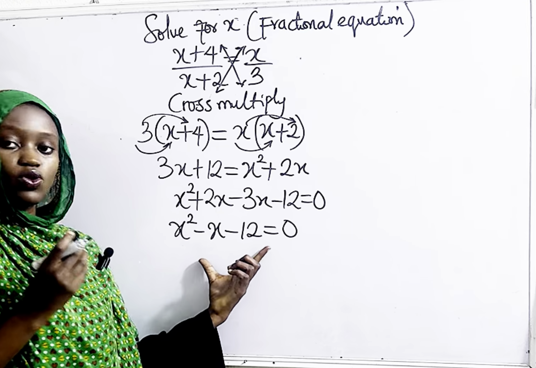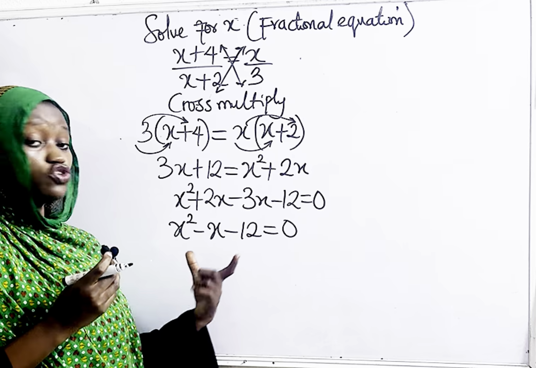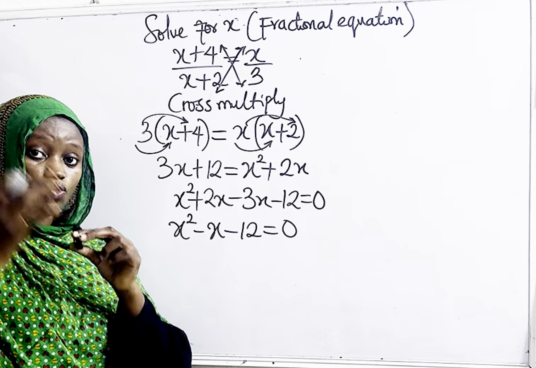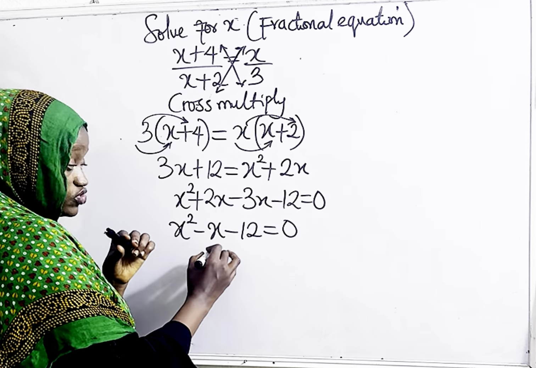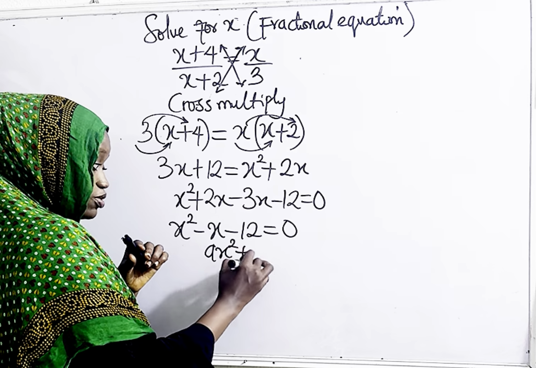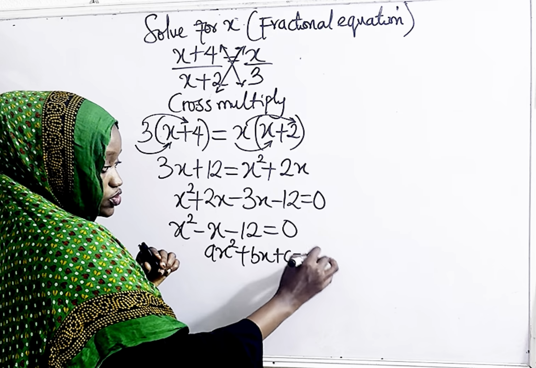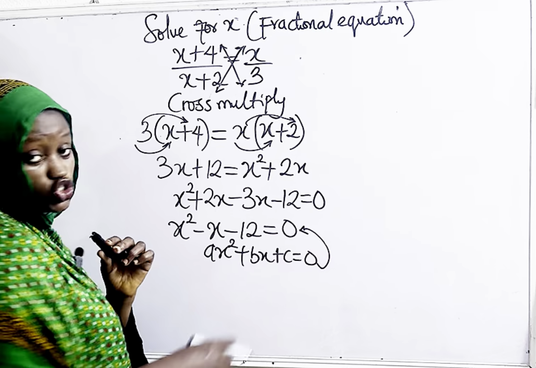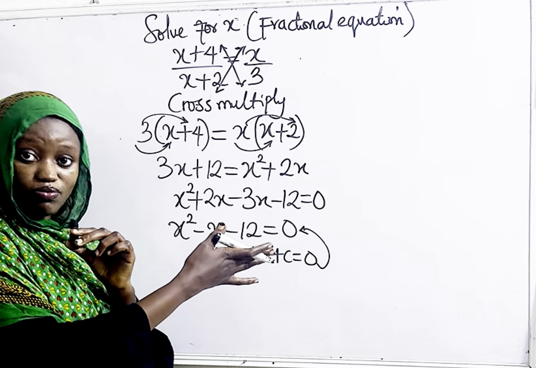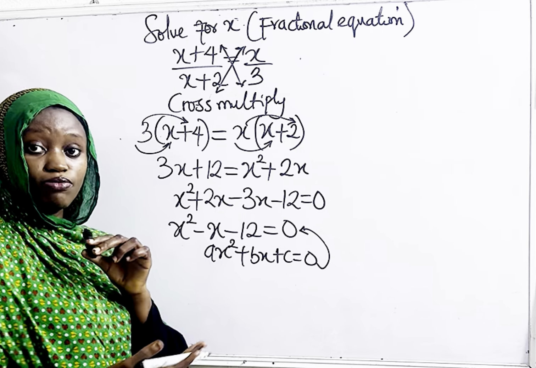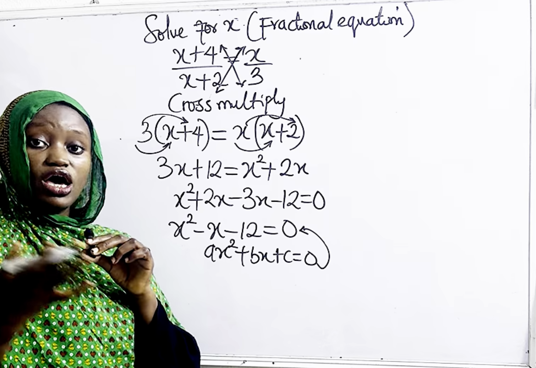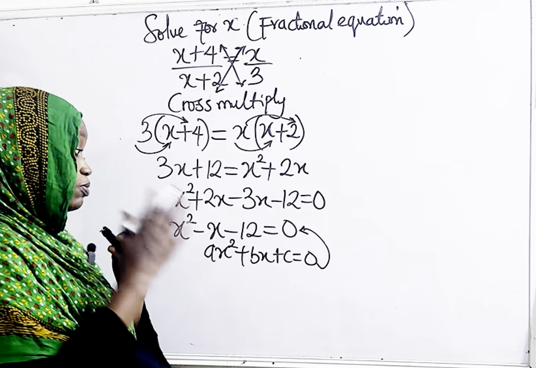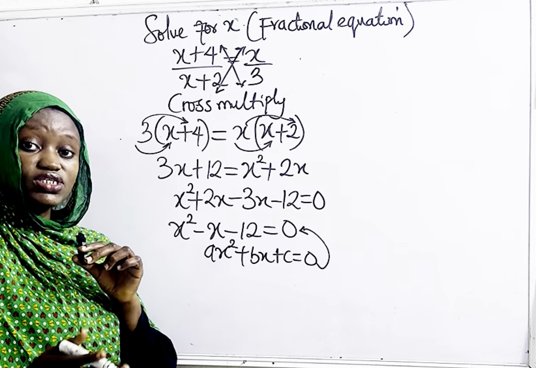Now, this is the form of a quadratic equation. I've explained quadratic equations in my previous videos. You can go back to check. A quadratic equation has the form ax squared plus bx plus c equals 0, which is the form this equation has. So we can use the factorization method, the formula method, or the completing the square method. For the purpose of today's class, we will be using the,